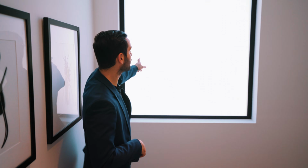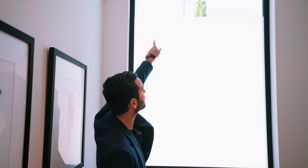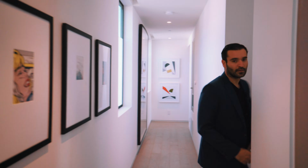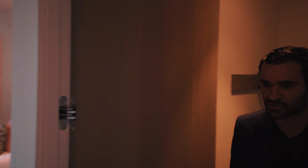Now we're back on the hallway and we're going to see the 3 bedrooms. But I want to show this window because it actually is frosted with a little bit of non-frosted area. Again, it's all about the privacy, so your neighbors cannot see you, but yet you get all that natural light. Bedroom number 1. You have your walk-in closet right at the entrance, and right on the other side